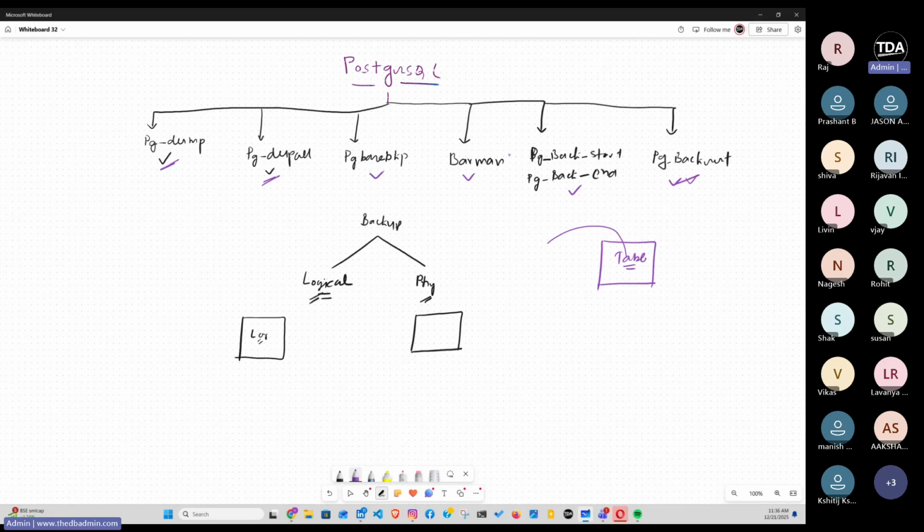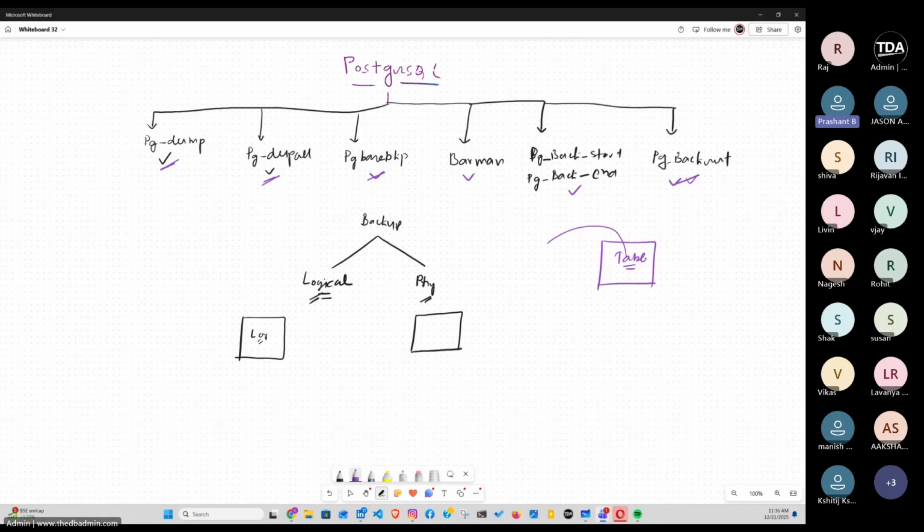theoretically, if you want. Okay, pg_basebackup also, if you want, I will just show you, because it's very simple. When we do the replication, we will use pg_basebackup to create the replica. Okay, but this is the whole set of tools that we are going to use in this particular class. Any question before I go ahead?